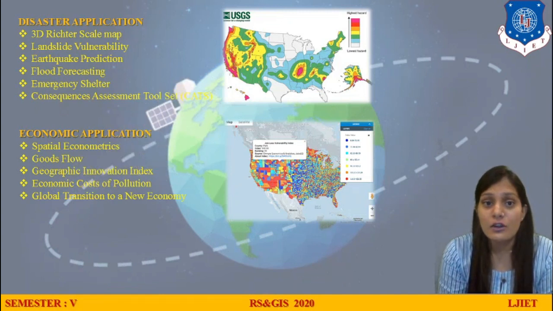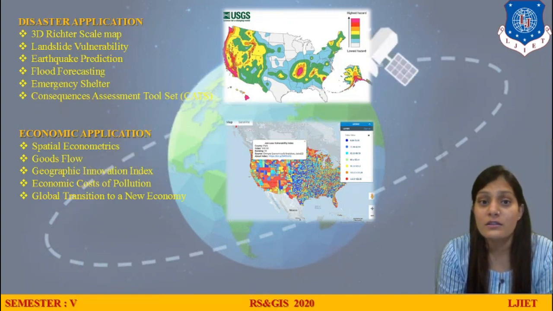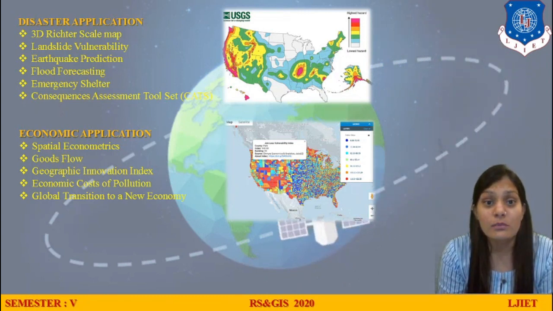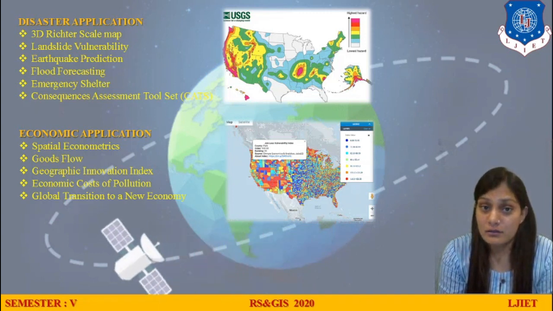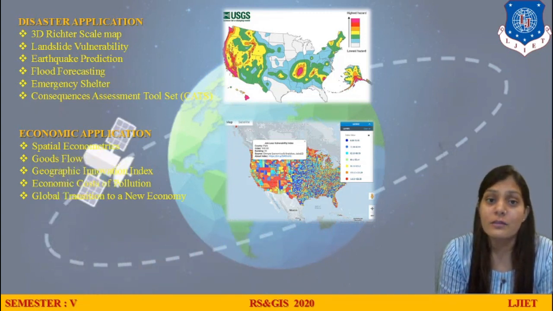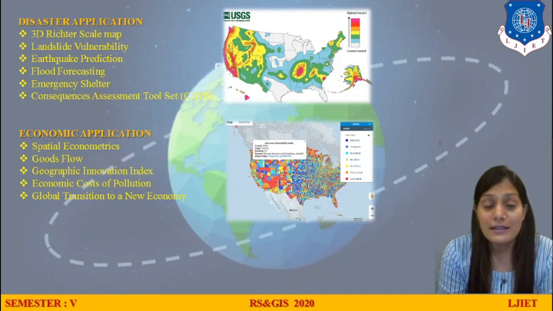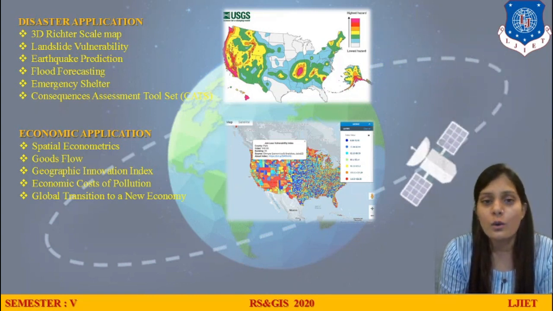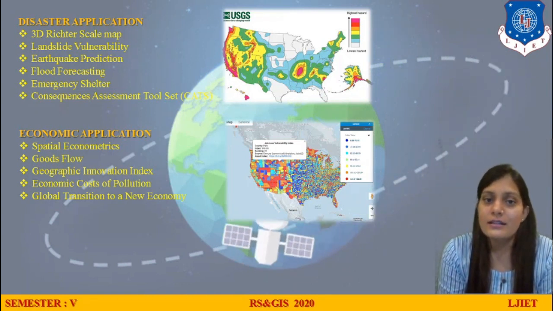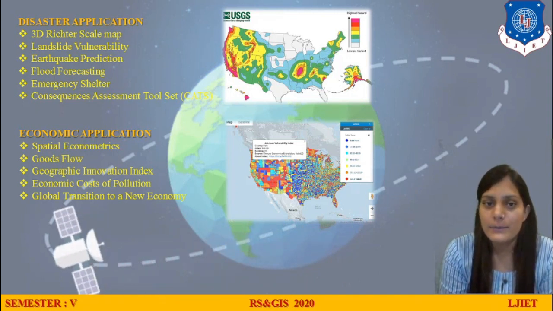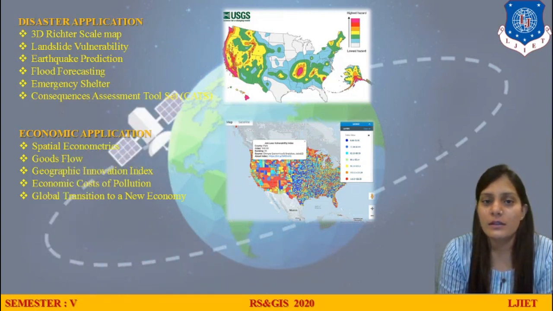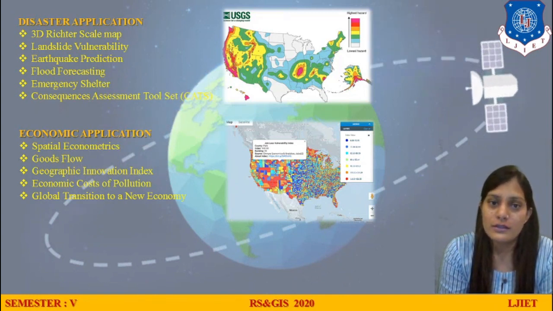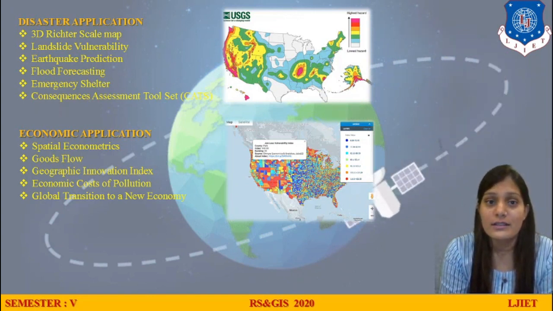If this is the year when we got an earthquake, then how it could be after many years, after prediction or interpolation. These are the tools which we can use in GIS, and we can predict how the zones would be after 10 or 15 years and how a disaster would affect us. The disaster management tool in GIS is very useful for flood analysis. We can do flood analysis very well in the disaster management topic using GIS, right? So here we are going to see earthquake prediction and flood forecasting. Yes, flood forecasting is very important, so we have to use this technique, and it is very useful.